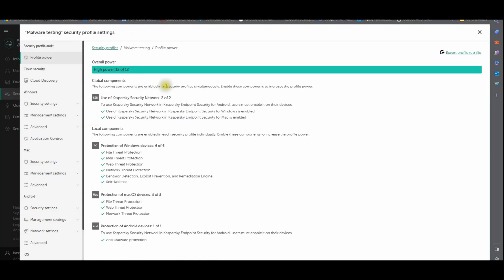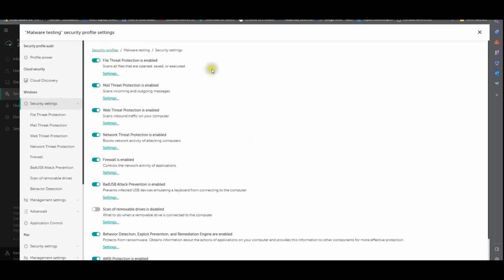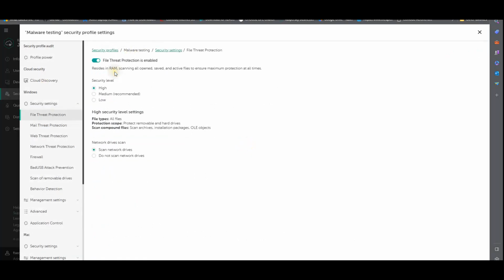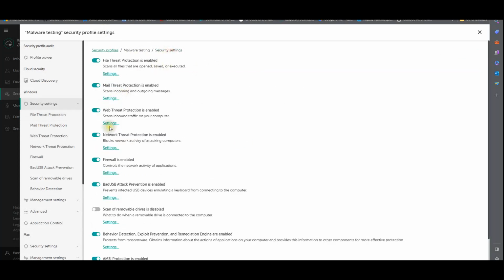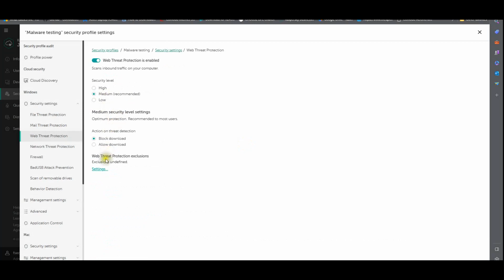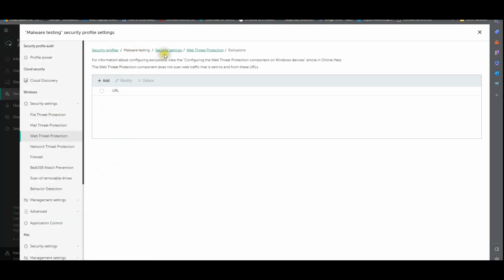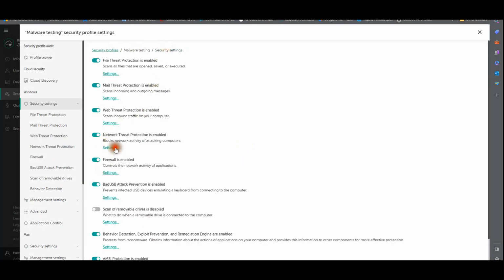It's allocated the malware test profile. So this is the profile for the malware testing. As you guys can see, pretty much everything is enabled. Okay. Under security settings for Windows, file protection set to high. Web protection, going to leave it on medium. Okay, network threat protection,